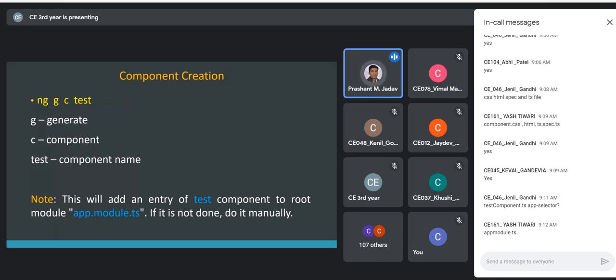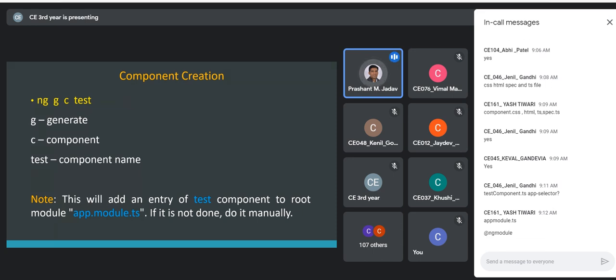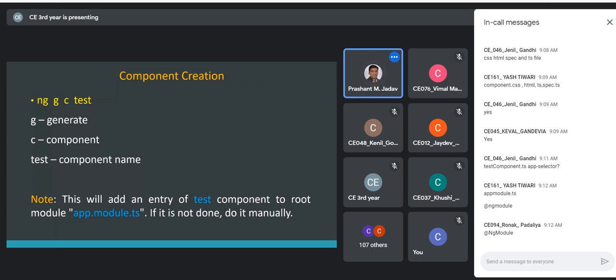So right now we are using the Angular CLI utility, but otherwise we can create the component ourselves. Correct, it is within the ng module decorator. Okay, and within the ng module there are 4 sections. If you closely look, there are mainly 4 sections. These 4 sections we have discussed in the last class. Declaration section, then we have import section, provider, and bootstrap. So what is the purpose of each section?